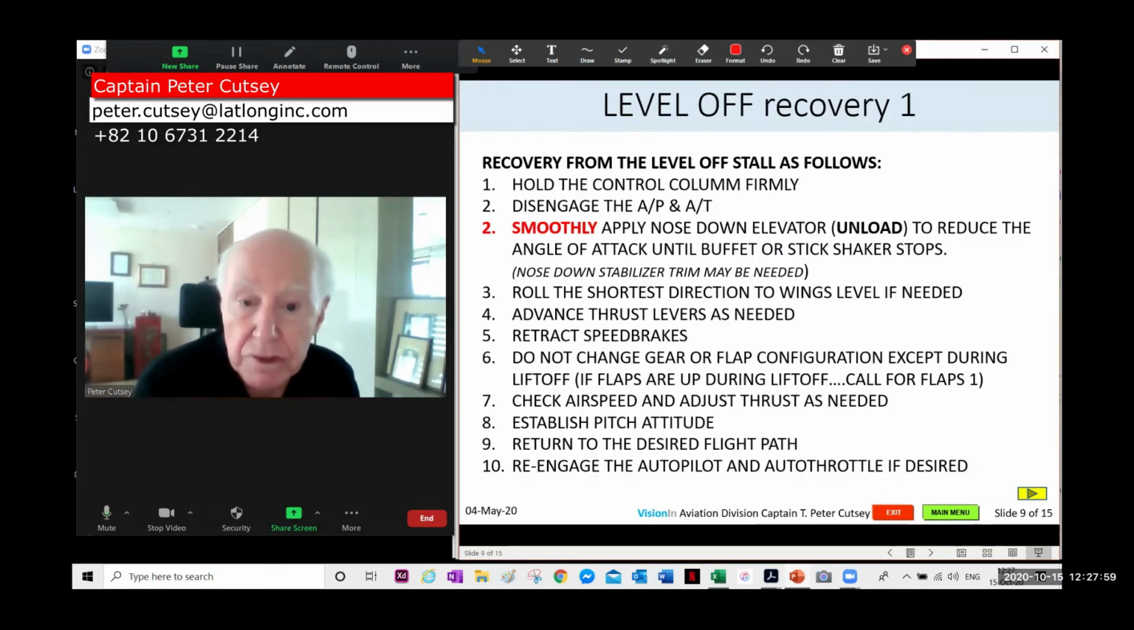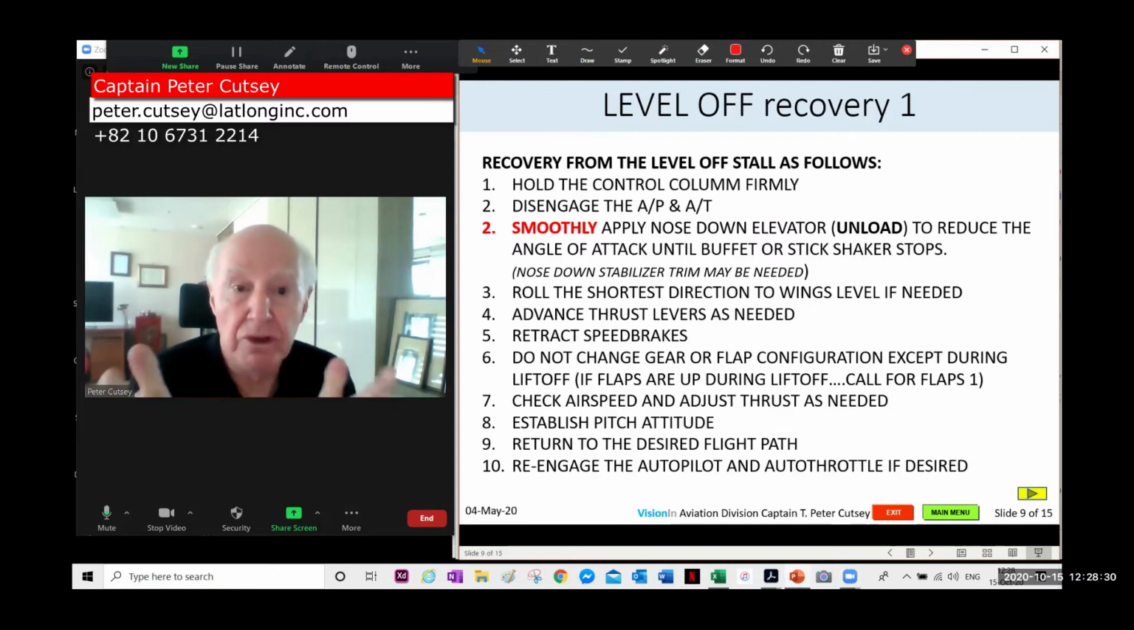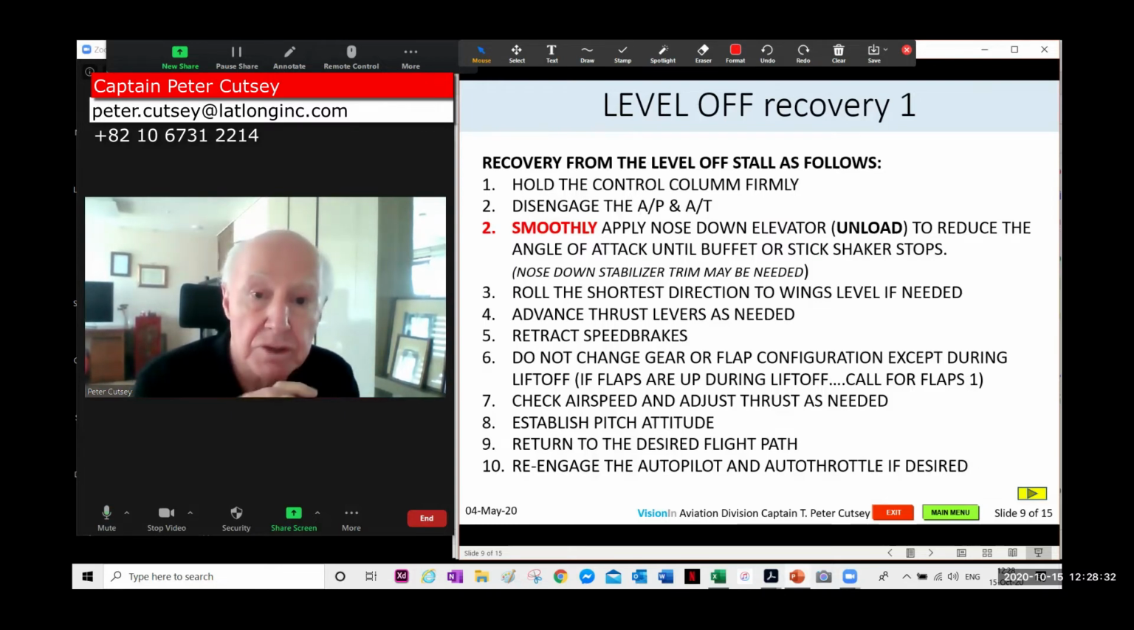Retract speed brakes. Do not change gear or flap configuration except during liftoff. If flaps are up during liftoff, call for flaps 1. Number 7, check the airspeed and adjust thrust as needed. Establish a pitch attitude. Return to the desired flight path. In this case, you were cleared to maintain 9,000 feet. We leveled off at 9,000 feet, and we entered the approach to stall. So you've lost so many feet. You've got to come back to 9,000 feet, and then back to the speed on entry. Your instructor will actually set you up at flaps up speed